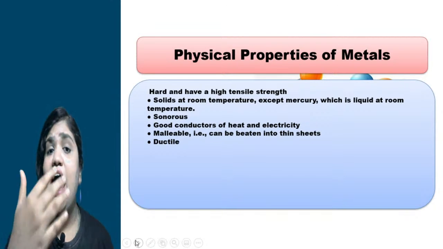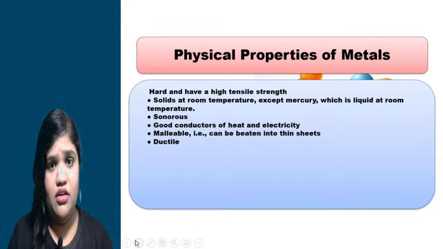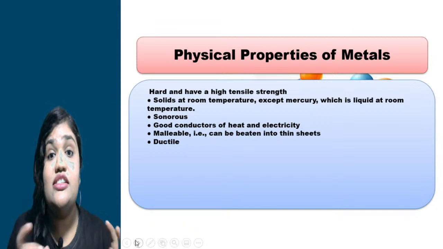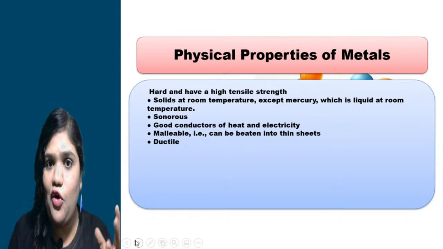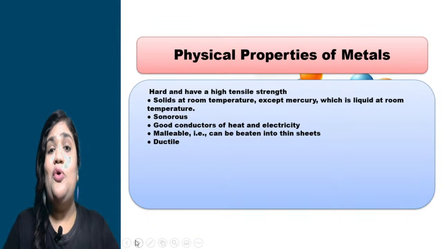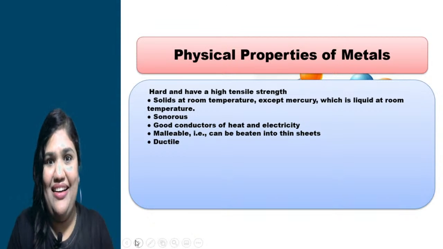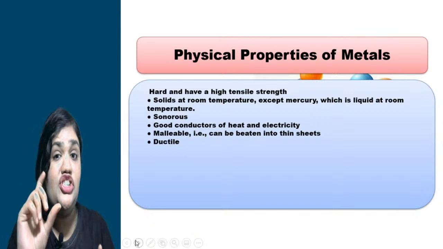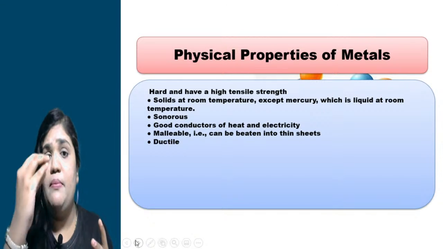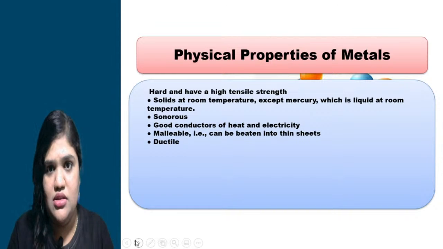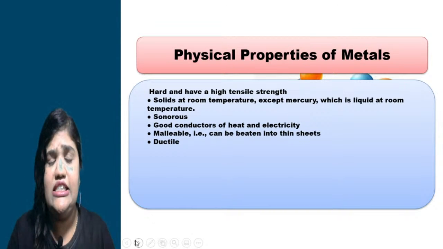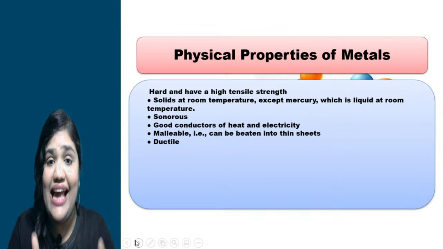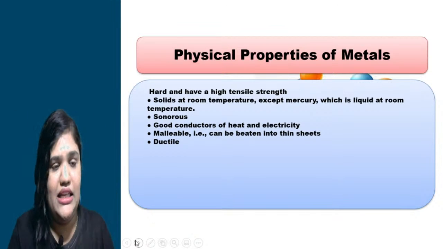Generally metals have high boiling and melting points. And metals are lustrous in nature. They have a shiny appearance. Take one example of gold, silver, right? Who doesn't love gold? Everybody loves gold, right? And they have a shiny appearance. Basically, metals have a shiny appearance. So that is lustrous in nature. So as we have discussed many general characteristics of metals, these are the basic properties of metals.